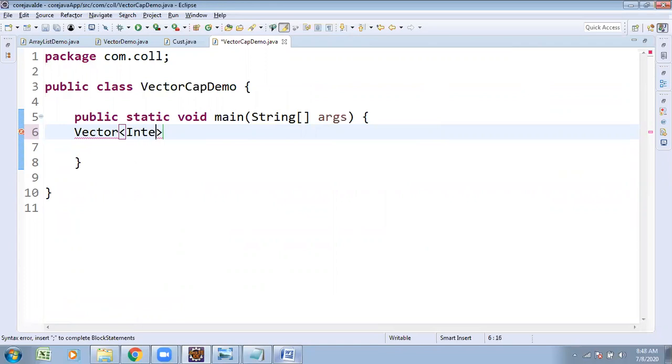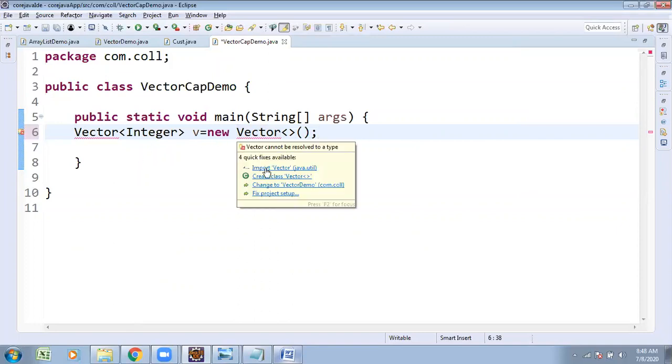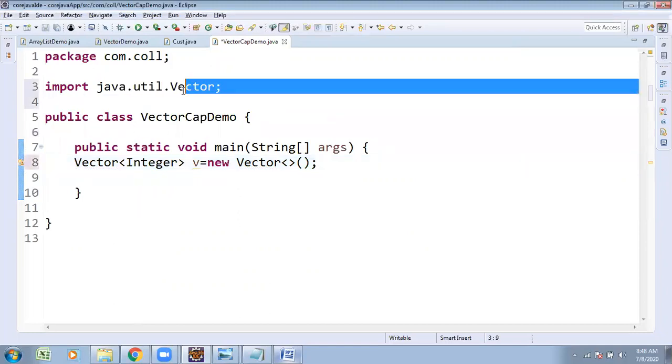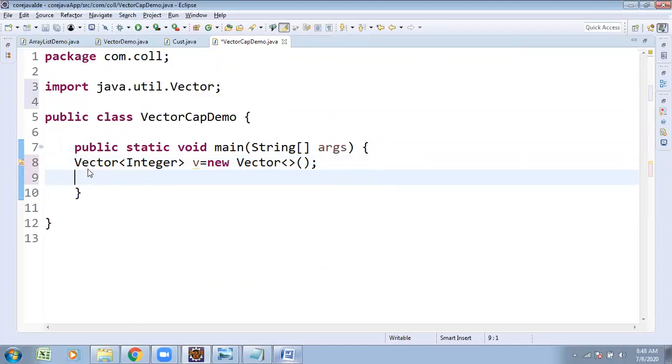Any type of data you can take. Import java.util.Vector class.